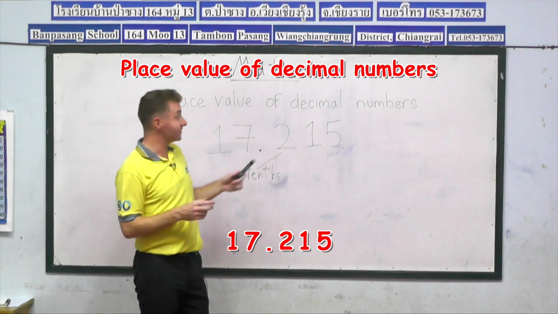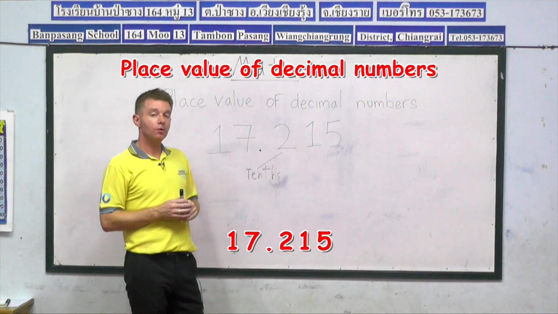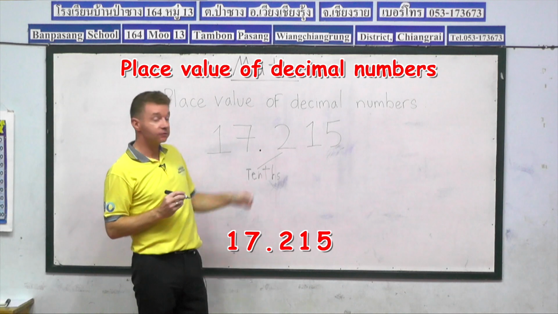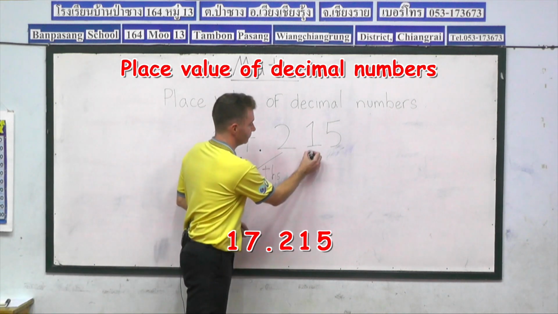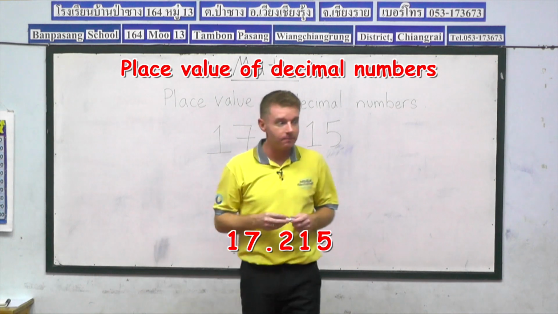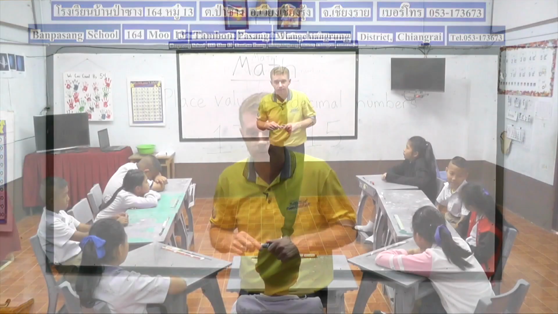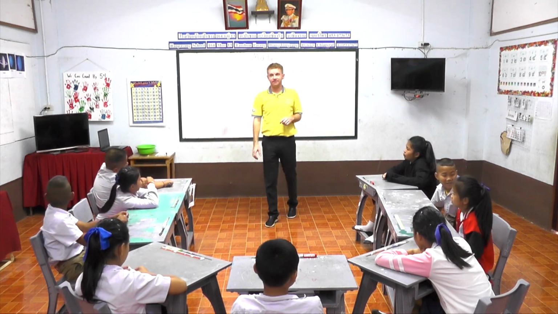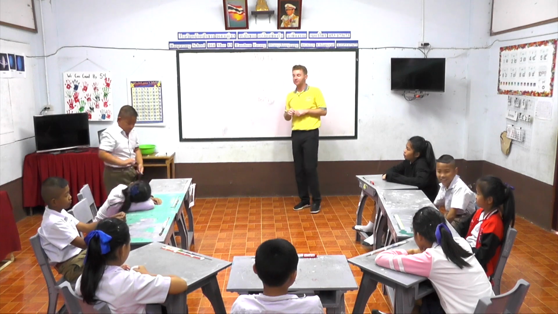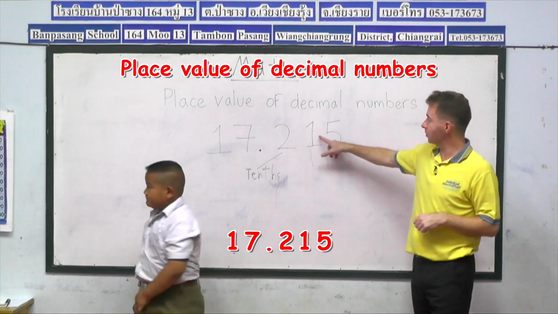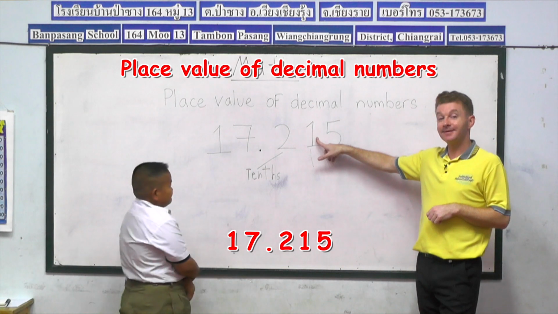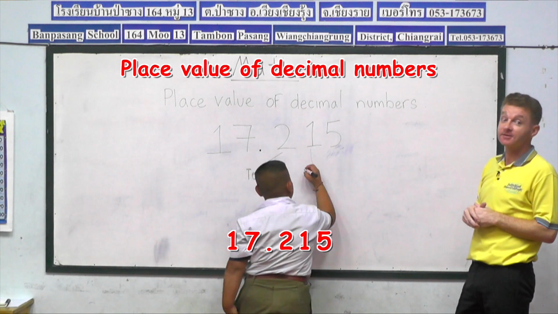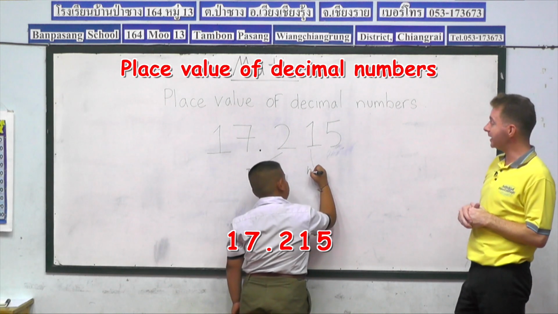Okay, so that's our first decimal number, but we have 2 more. We know the first one after the decimal point is the tenths. But how about the second decimal number? So let's see now who can come forward and demonstrate the second decimal number. This time we will choose Net. So Net, come and join me at the front of class, please. Okay, so Net, what number can we see here, guys? Number 1. But what is the place value of this decimal number? Hundredths is correct. And we spell